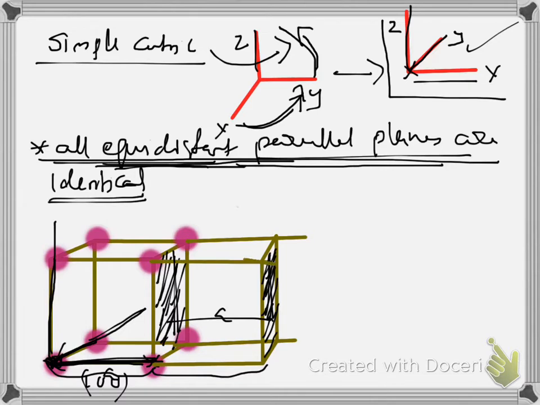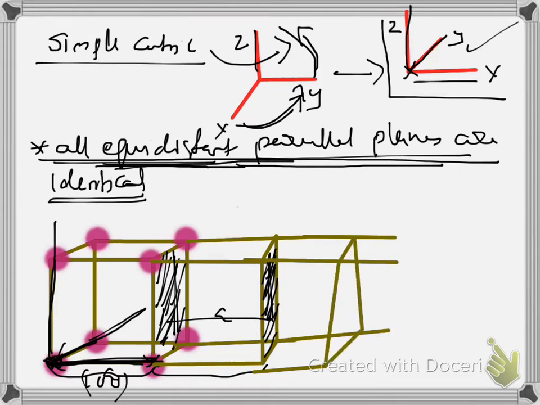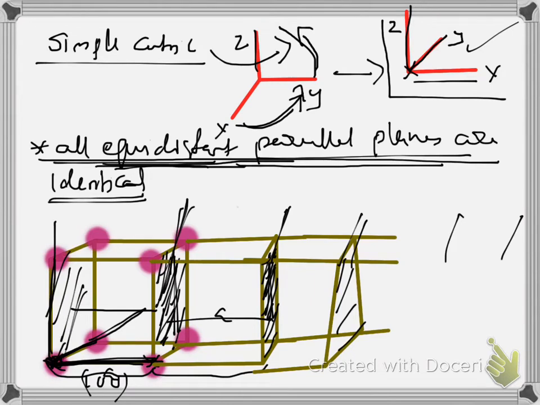We have again opportunities to extend it. Then we will get planes like this. Here this is also a 1 0 0 plane. So all the planes coming here are 1 0 0 planes. Then you have to count in the back direction. This is 1 0 0, this is also 1 0 0. Then you move once again the same distance, then you will get this plane, that is also 1 0 0. So all these kinds of planes are 1 0 0.